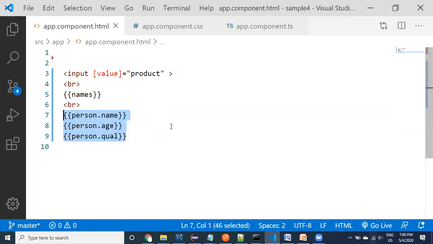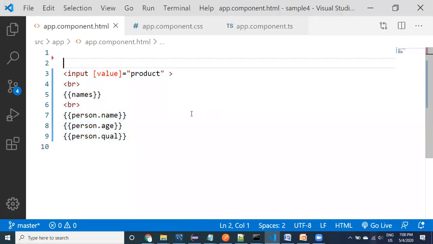So all we are doing right now is only one-way binding guys. Don't worry about two-way binding. We are not going to consider two-way binding now. First, if we are comfortable with one-way binding, then I will come to two-way binding. One-way binding can be done by using property binding like this, or string interpolation. These two ways can be called one-way binding.